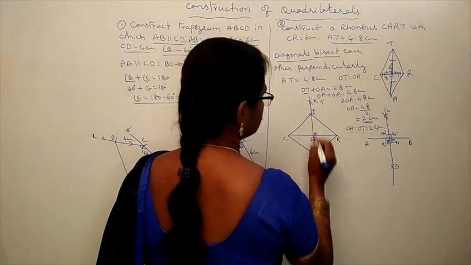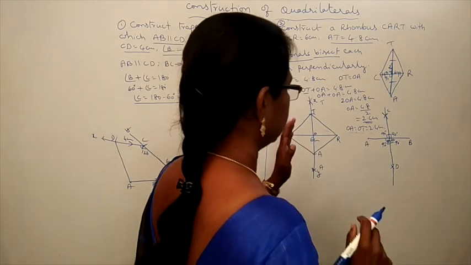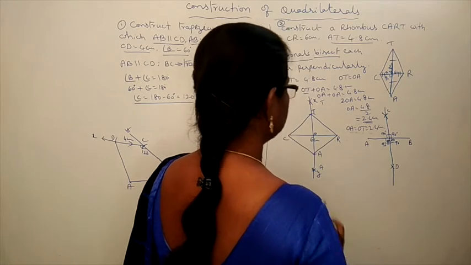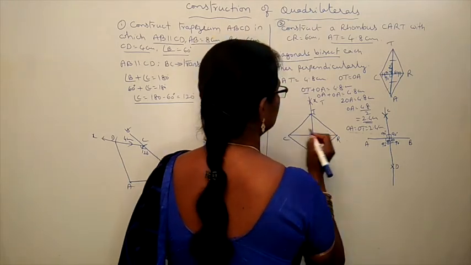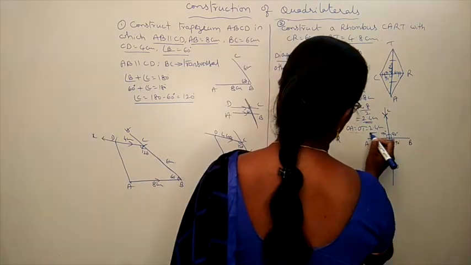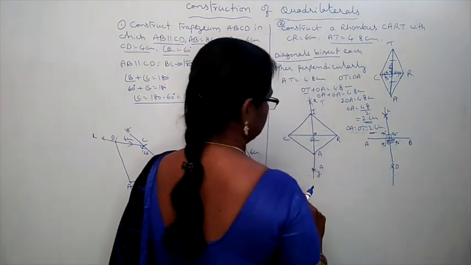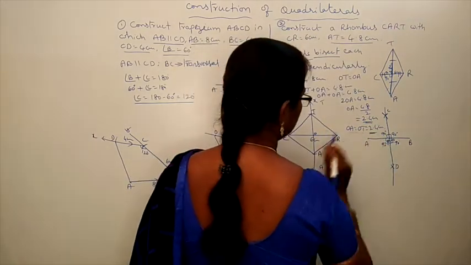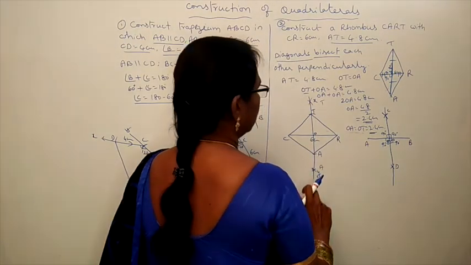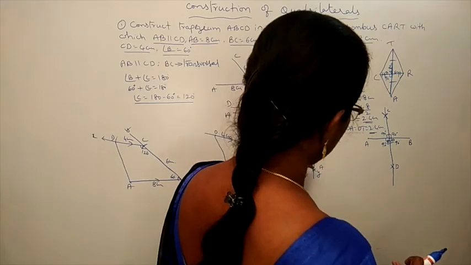Now XY is the perpendicular bisector, that will become the AT line. Now AT is the diagonal. Both will intersect at O. Now OT how much? 2.4. Then take O as center and with radius 2.4 centimeter, draw two arcs on either side of the line segment CR which